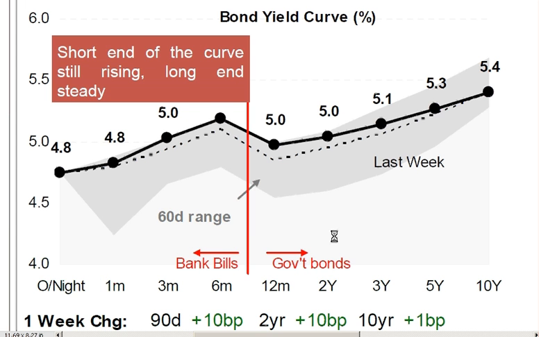In government bonds is a little bit more interesting. So to explain this chart, the grey area here is where the bond yield curve has been over the last 60 days. The dark line is where it's at the moment, and the dotted line is from last week. So what we've been seeing this week is that the 10-year rate really hasn't moved, but the 2-year and the 90-day rates have been shifting up and are now sort of bumping along the top of the range, the 60-day range that we've seen the trade.